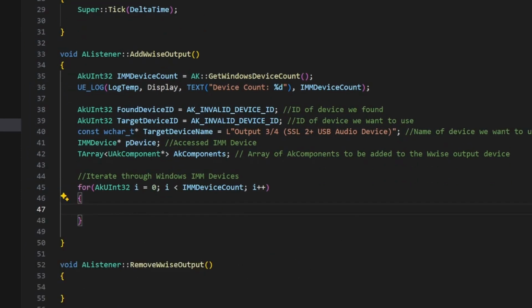Okay, so before we actually get our target device, let's just make sure that this is all set up correctly. So right now we're just gonna iterate through all of the available Windows devices. We're gonna pull out the name of the device that we found and the ID of the device that we found, just to make sure that that's all working correctly. So how do we do that? First,